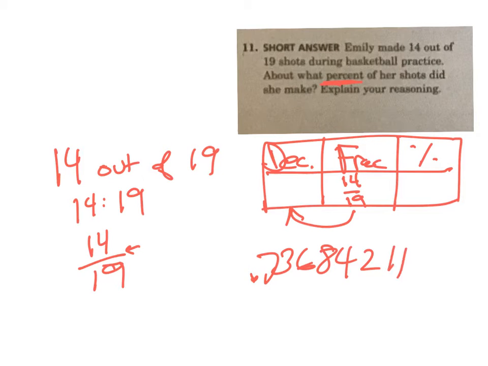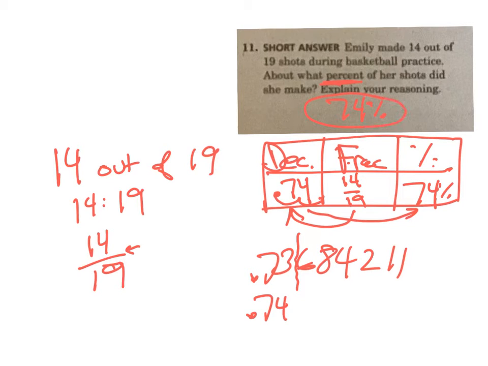0.7368421. I'm going to round that up to here. So the 6 tells me that should go to a 4. So decimal is about 0.74. Now the way I go from here to a percent is I'm going over 1, 2. I got to take the decimal point. 1, 2, 74, and then add my percent. So 74%